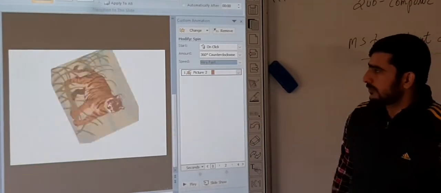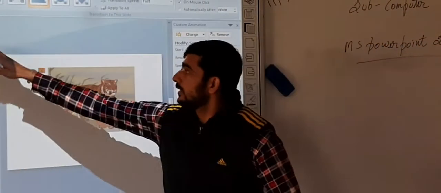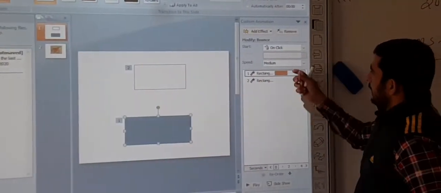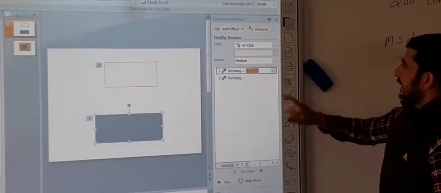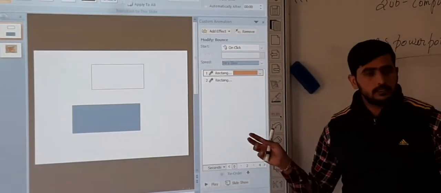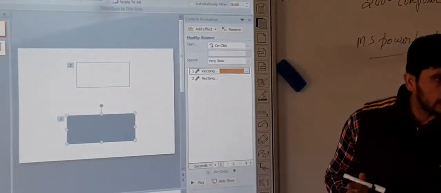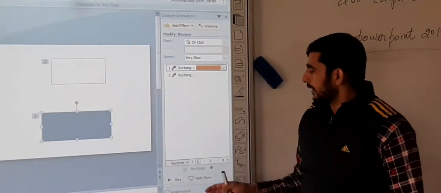Understand? Here you can see that very fast. So that means everything that you want to do with your slide, you can do that. Same thing. Here is not that the rotating. Here is that. Okay. So everything with that can be applied. We can do with that, and you can see that in a preview menu.